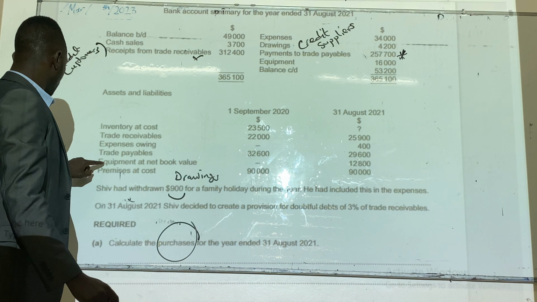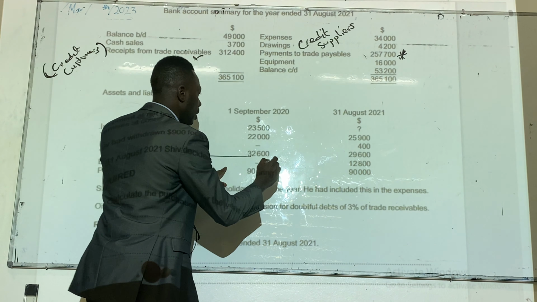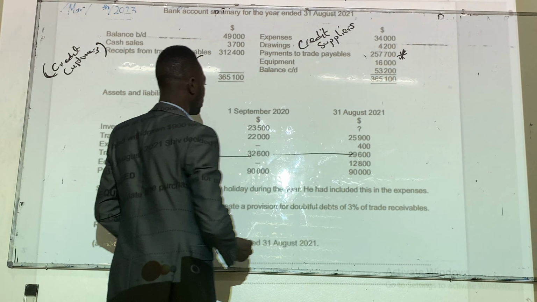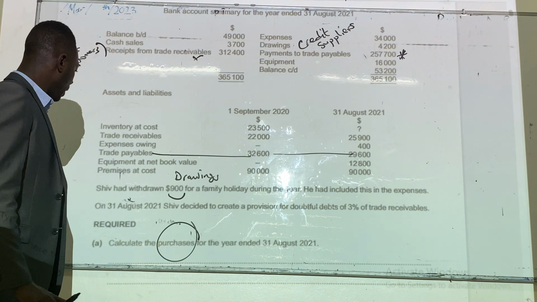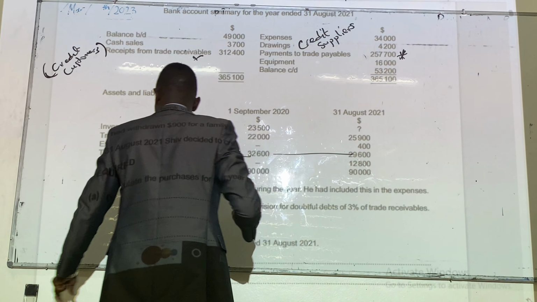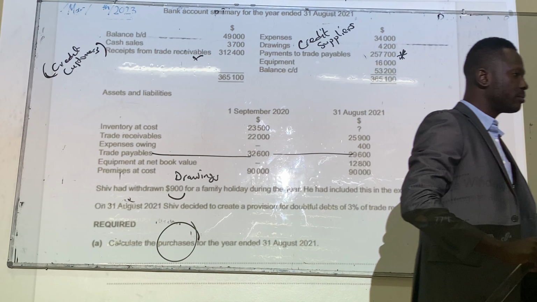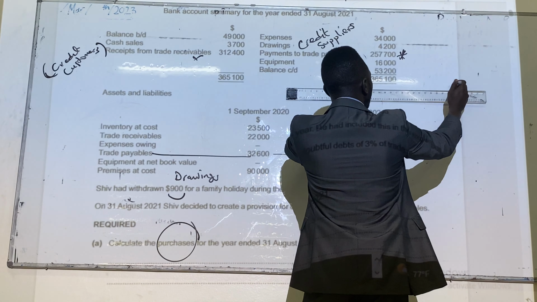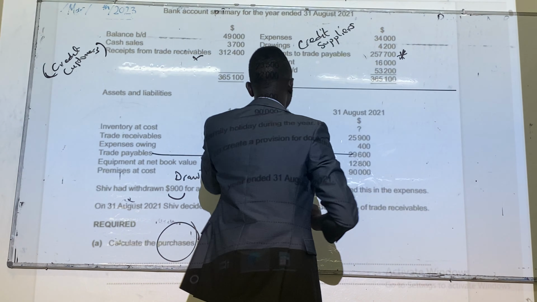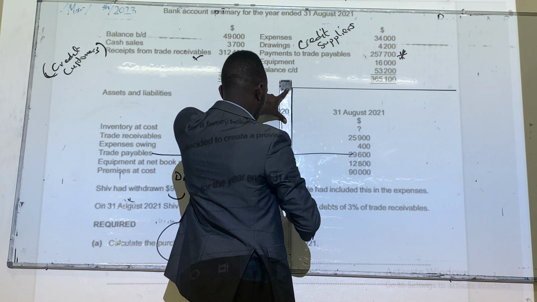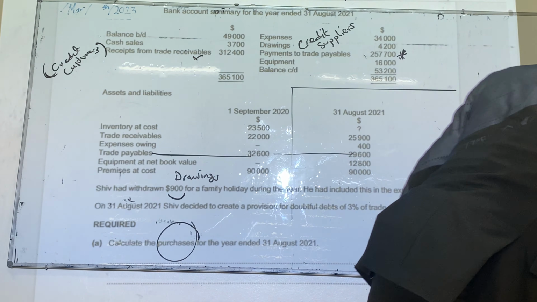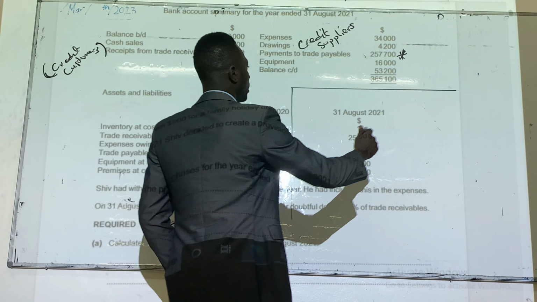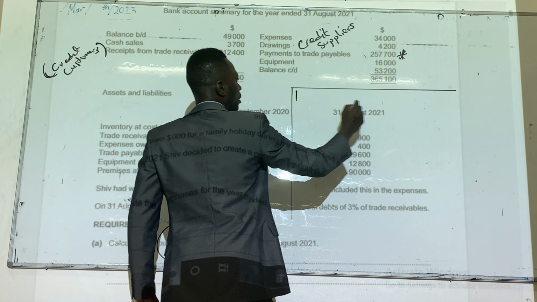We have the opening trade payables and the closing trade payables. So to calculate our purchases, this is how we get it done. I think we can do it at the bottom because I'm going to need the information. So let's say here, for our purchases, you're going to have payments to trade payables in dollars,